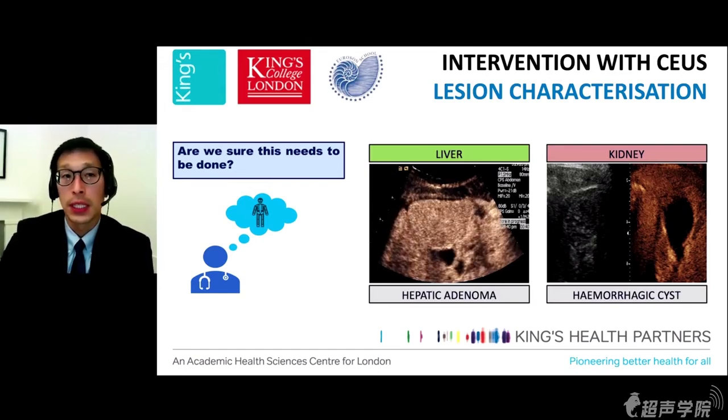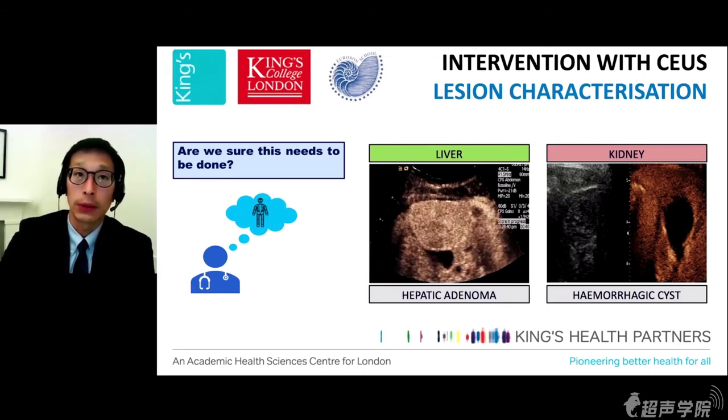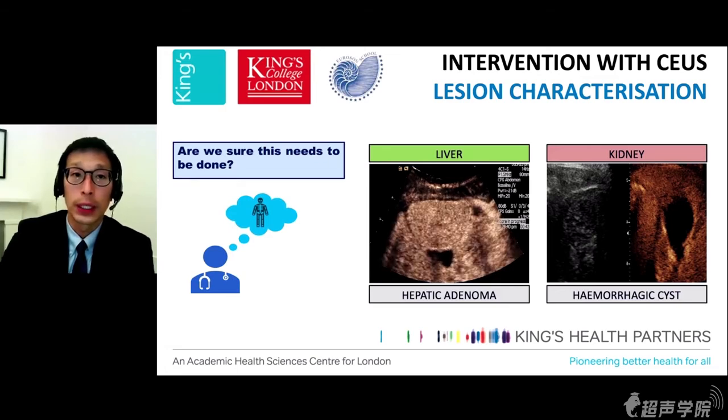For example, if you see the benign features in a benign liver lesion or a non-enhancing complex renal cyst, which is only filled with clots, you probably don't need to biopsy this, and you can avoid causing any harm to